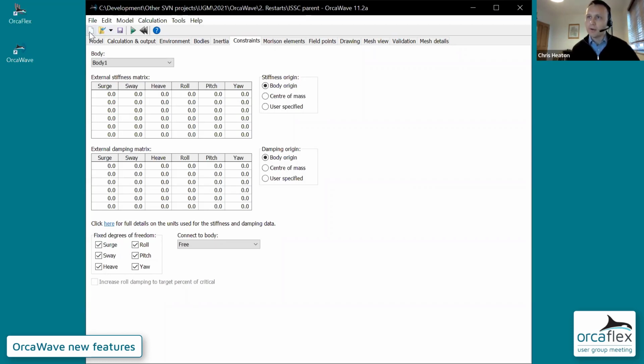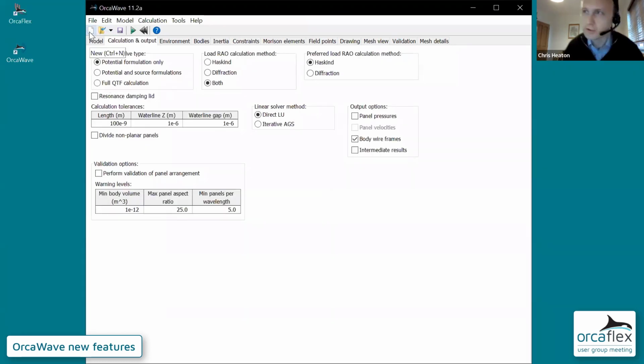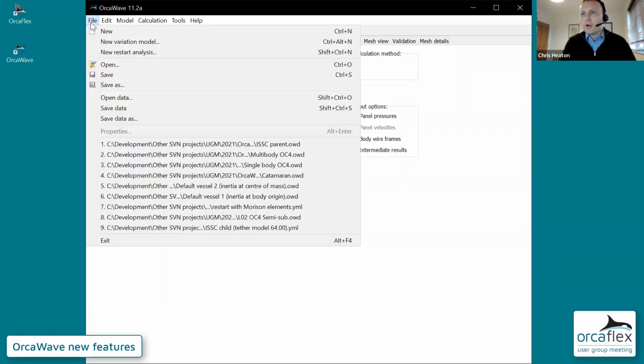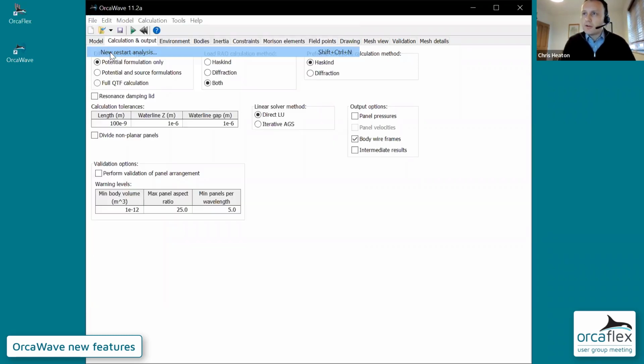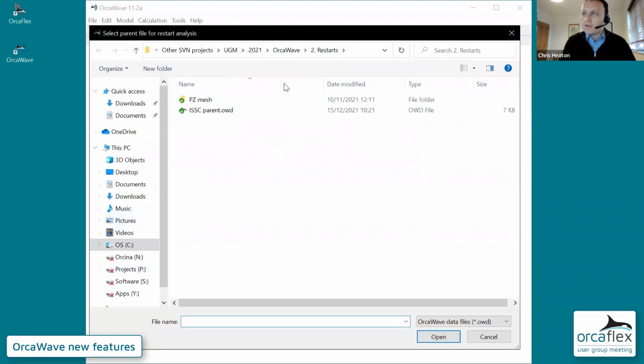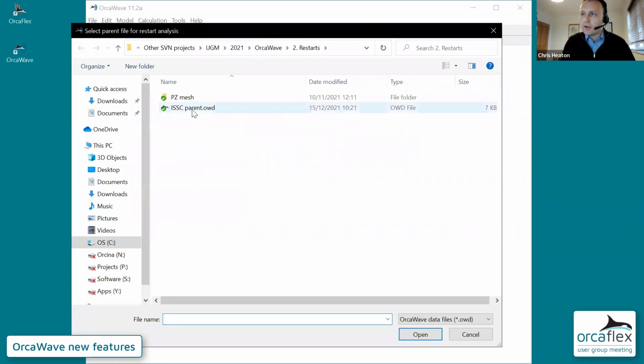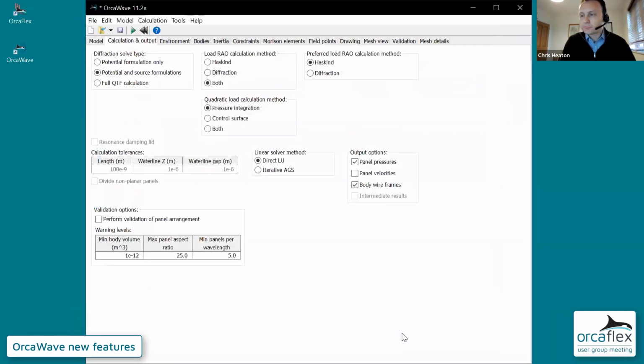Now, if I go to create a new OrcaWave model, I can show you how to start a restart analysis. And this is the workflow. So I go File, New Restart Analysis, and I have to nominate a parent model for this restart. Well, that's going to be the model I just showed you in the same folder. And